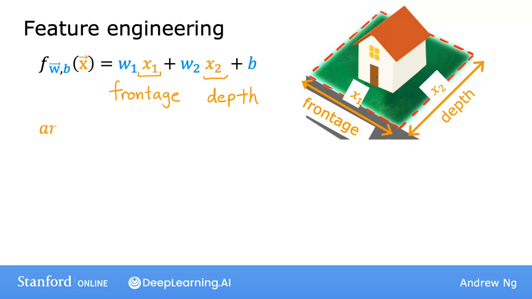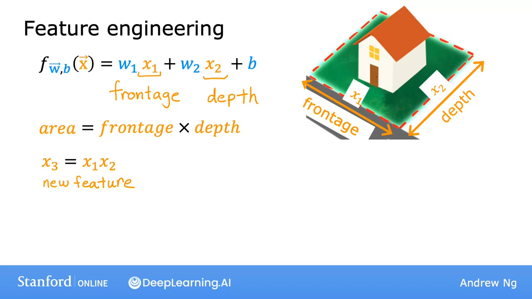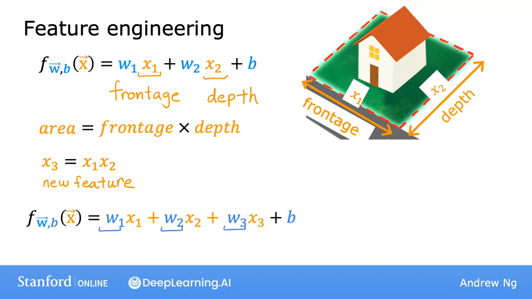You might notice that the area of the land can be calculated as the frontage or width times the depth. And you may have an intuition that the area of the land is more predictive of the price than the frontage and depth as separate features. So you might define a new feature, x3, as x1 times x2. So this new feature x3 is equal to the area of the plot of land. With this feature, you can then have a model f of w, b of x equals w1x1 plus w2x2 plus w3x3 plus b,